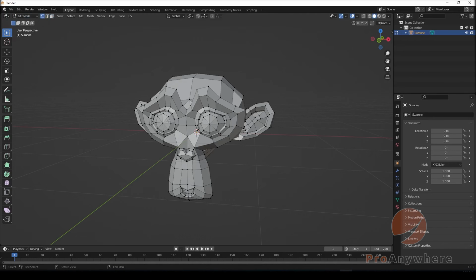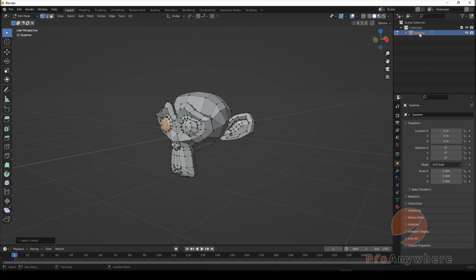If you hover over one of the faces or vertices and press L, you don't have to left click or right click or middle mouse button click. Just press L while hovering over some components, and it will do what in other software is called elements or shell. So this is one object, but it has multiple meshes that are not attached to each